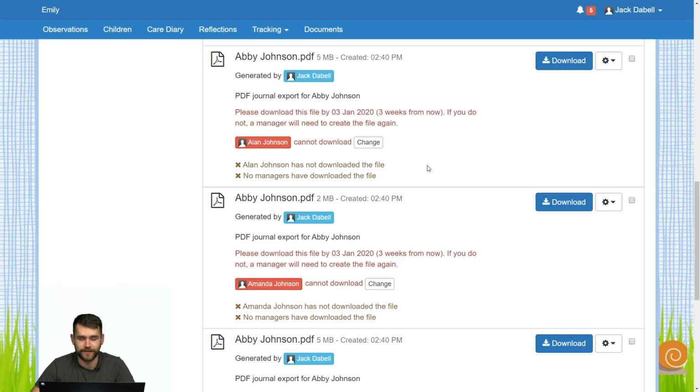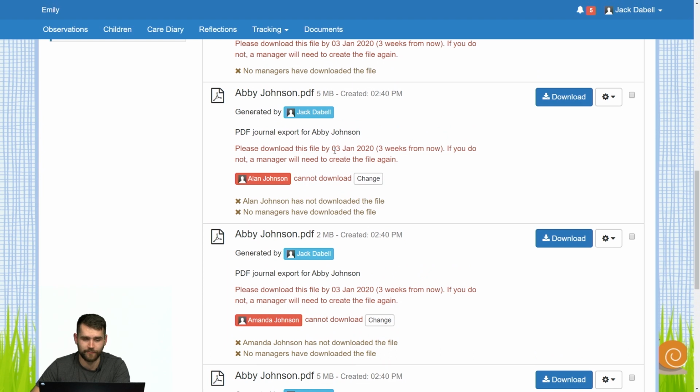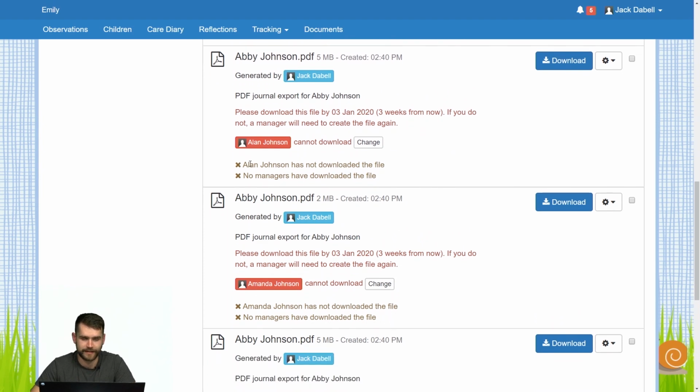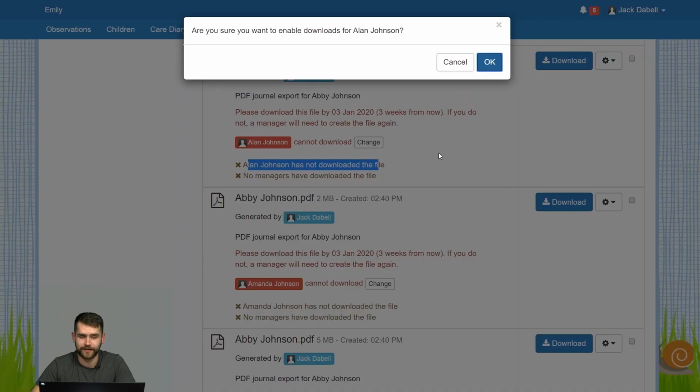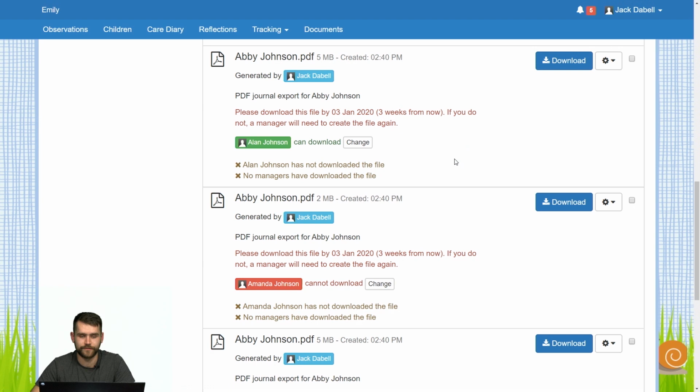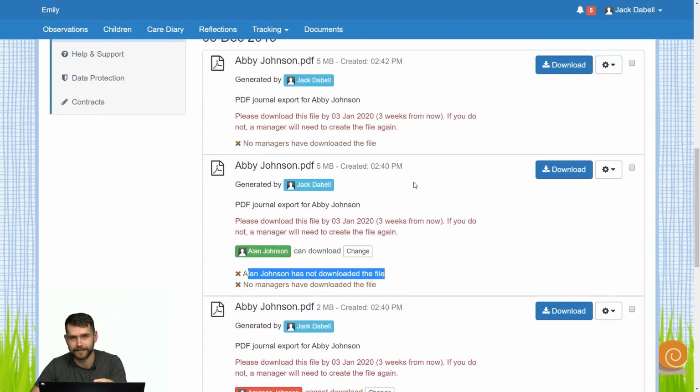A really handy thing on this page is it tells you who's downloaded or who can download this journal. So you can see here Alan Johnson cannot download. This will be a relative of Abby Johnson and it says here Alan Johnson has not downloaded the file. It's because they can't yet. You can change that directly from here. Are you sure you want to enable downloads for Alan Johnson? Okay, there we go. Now they can download it so you can see easily who's accessed the journal and who